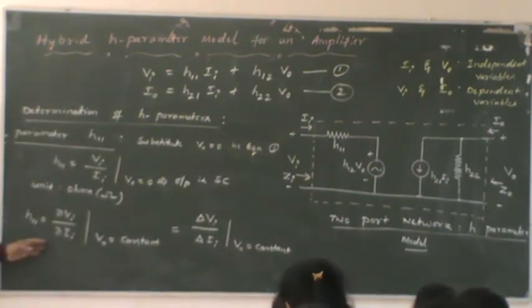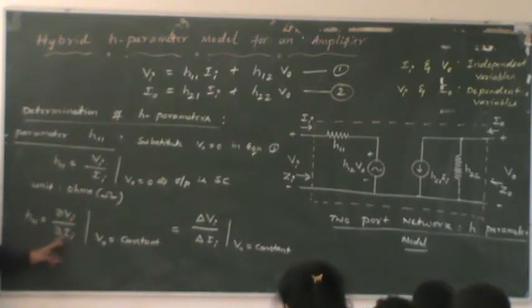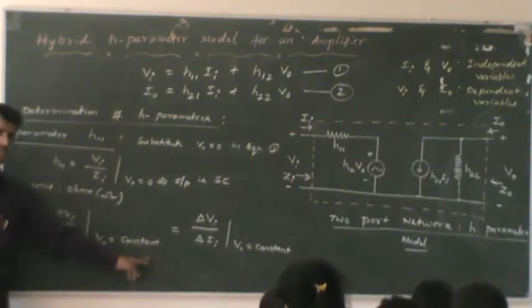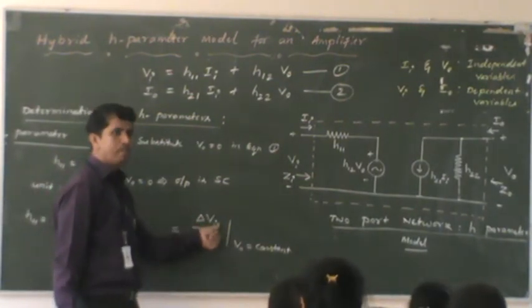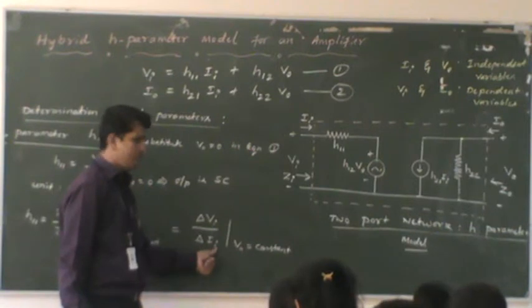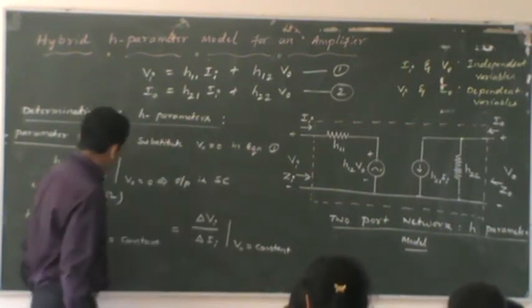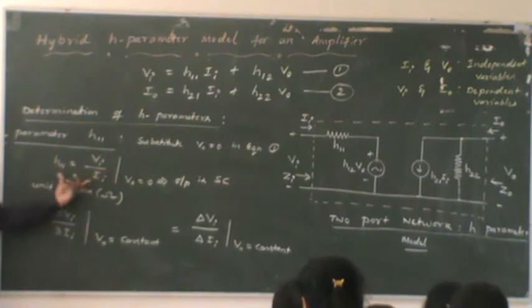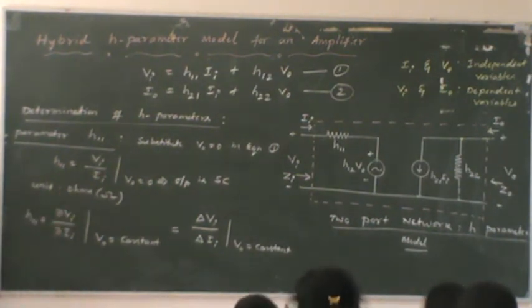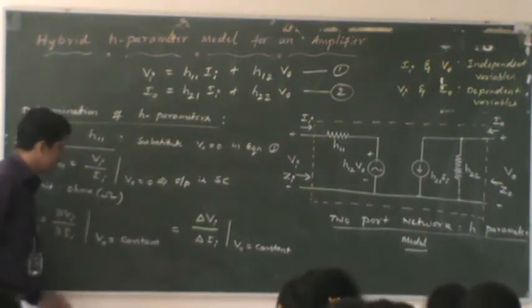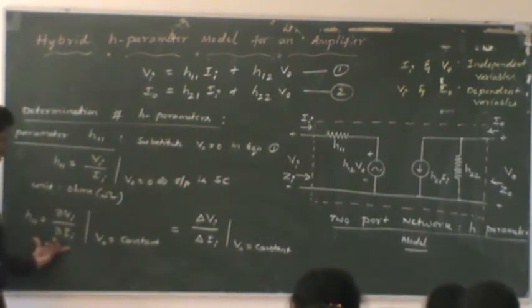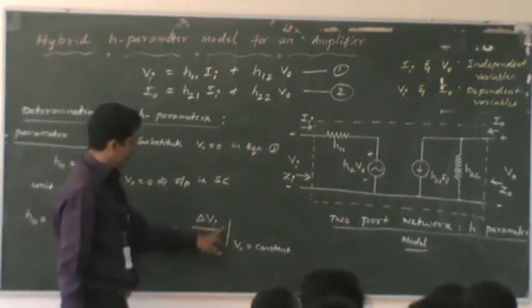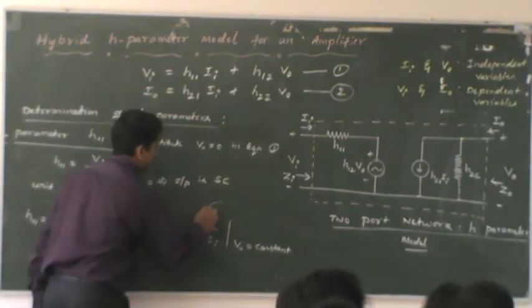Using partial calculus, we can give a definition for H11 using this. It's the rate of change of input voltage to the change of input current for a constant voltage. So the rate of change can also be written as a change in input voltage to the change in input current for a constant output voltage. So these are the alternative definitions. From equation number 1, we obtain definitions like this, and from various other mathematical aspects, we can change the definitions. The definition for H11 is dou Vi by dou Ia or delta Vi by delta Ia, where delta indicates a small change.